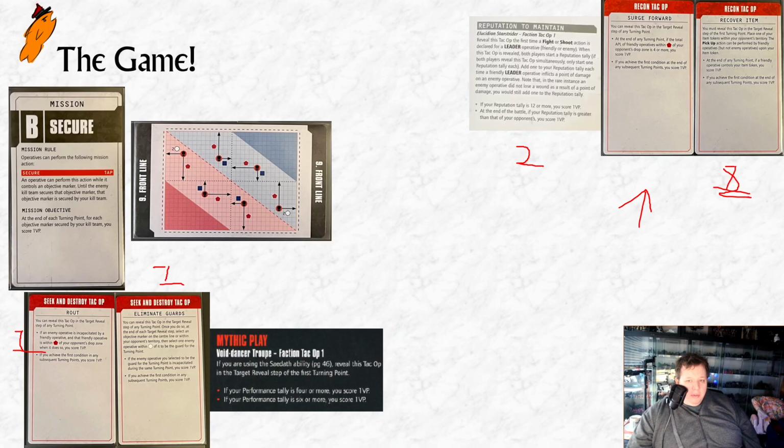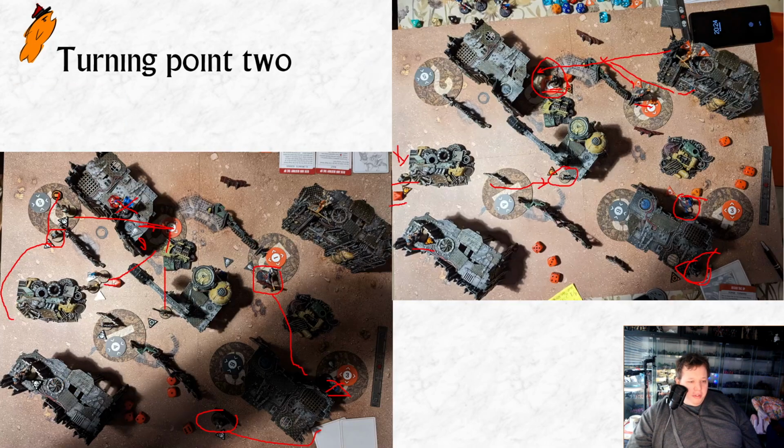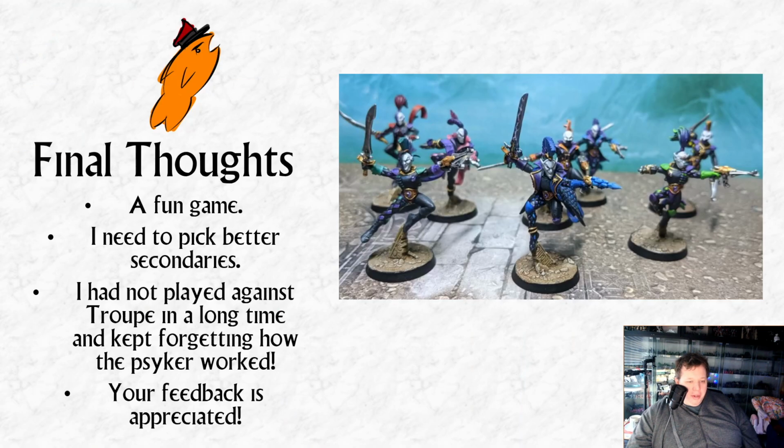I really think that maybe Surge Forward, for all the people talking it up as an easy to score tac op, in corner deployments against Harlequins, obviously I don't think it was the right pick. I've had a bit of a thought about what else I should have probably picked in that scenario. I'm not sure. I hadn't played against Troupe in a long time. Not to wheel out the excuses, but Zimbad does like to move his teams around a lot, which is good because I get experience against a lot of different teams, but it's vexing sometimes because I don't